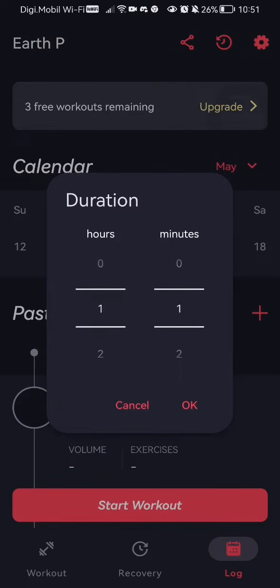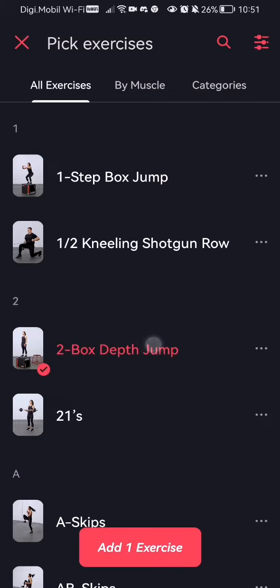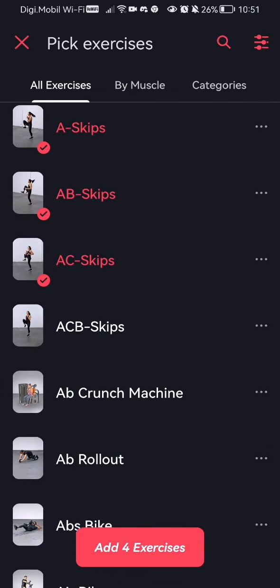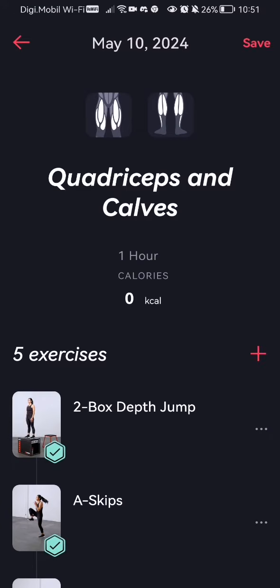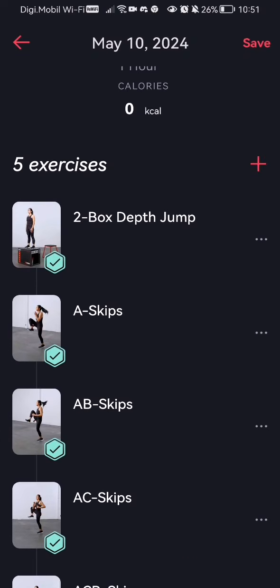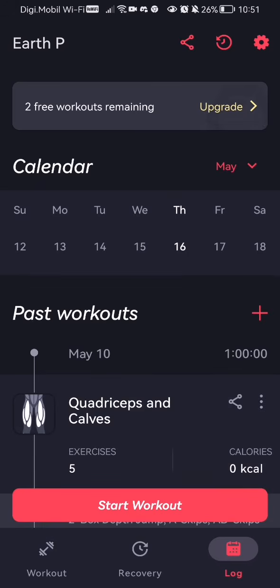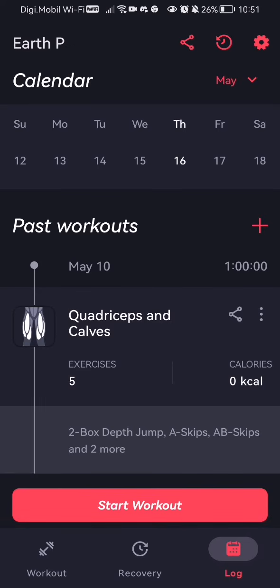Now the whole workout may last like an hour, for example, and you can add all the exercises that you have done under that 1 hour. Now I'm just going to add some here randomly, and basically after you have done this, you just press save. And you can see that it appeared here that at May 10 you have done a 1 hour workout with